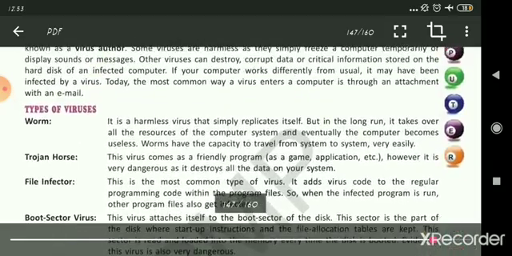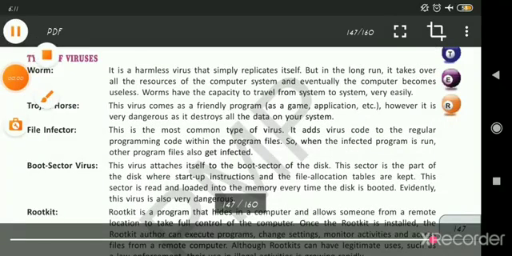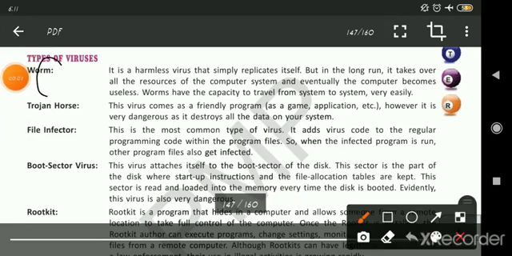Worm. It is a harmful virus that simply replicates itself, but in the long run it takes over all the resources of the computer system and eventually the computer becomes useless.